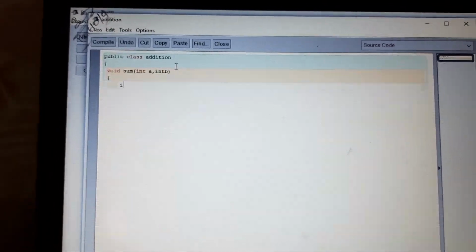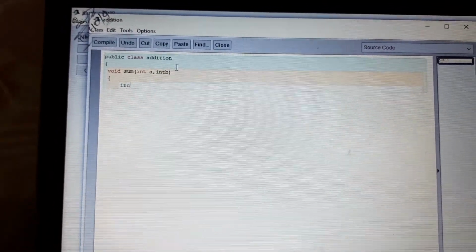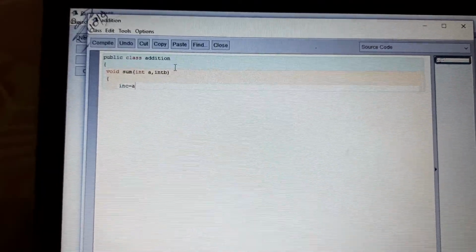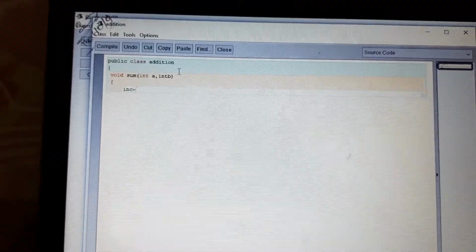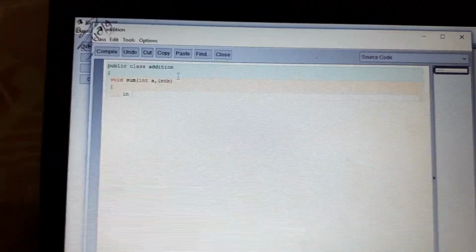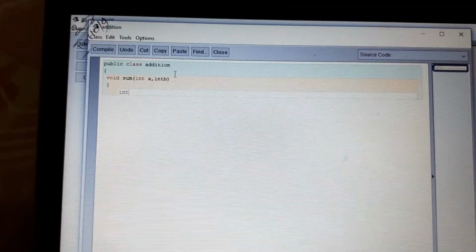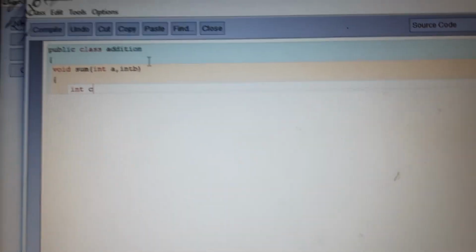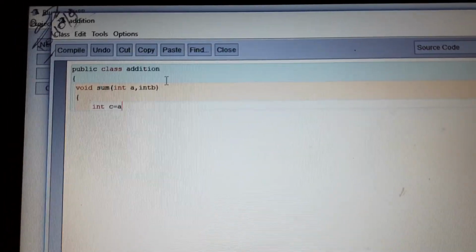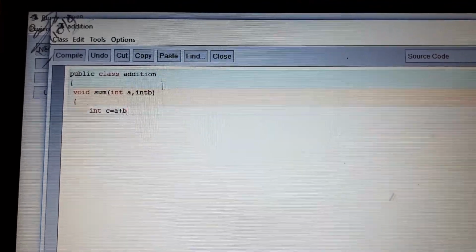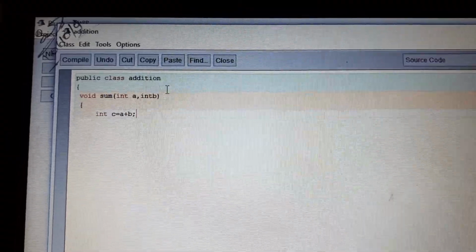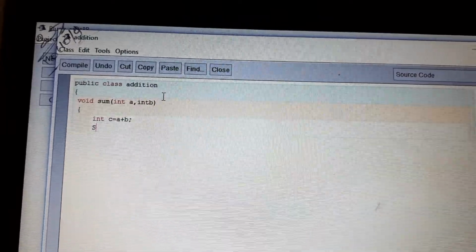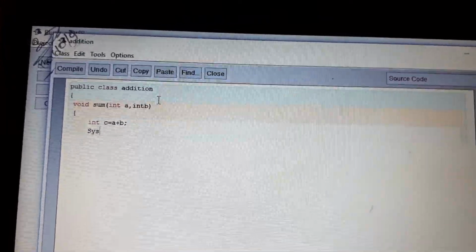Enter. Then int c is equal to a plus b, semicolon, right? C is the memory where the addition of a and b will take place. After that, what? System. In System, S will be capital, right?